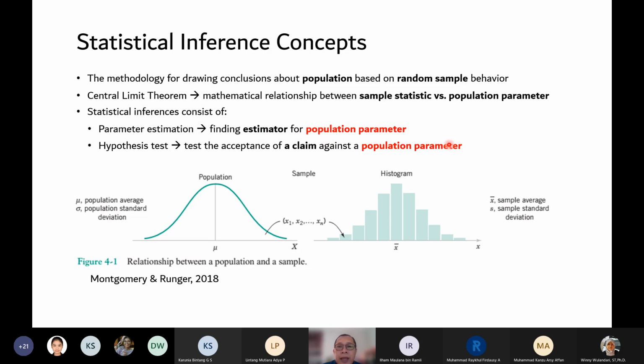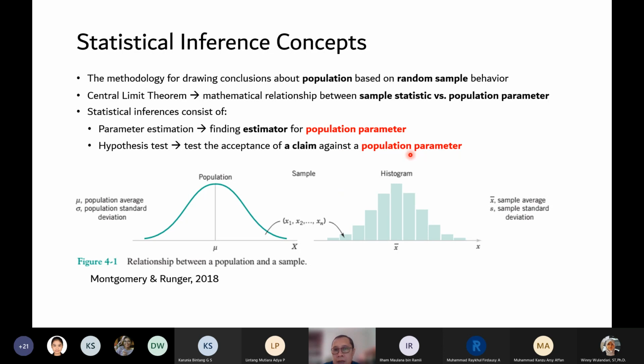The reason for this is that we cannot know for certain the exact value of the population parameter, so we are limited to only finding its estimator. The second activity is hypothesis testing, which is